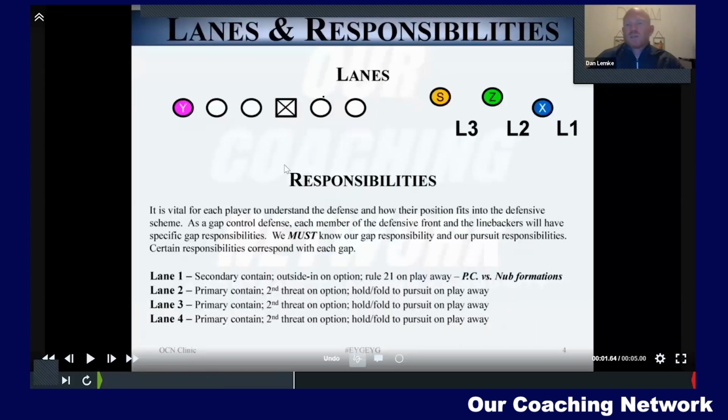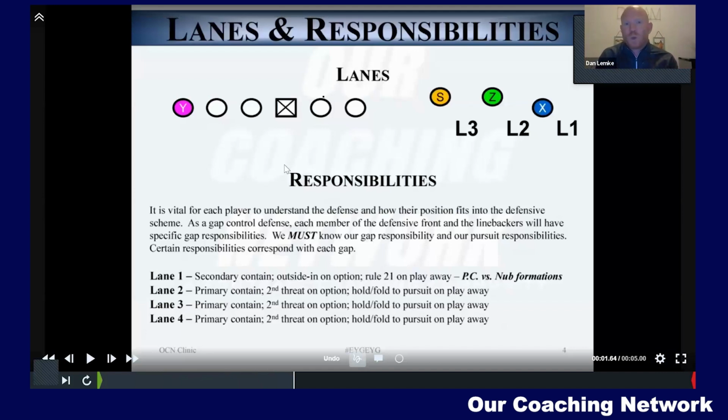So the next part, that's your basic gap structure. We talk about anything in the core from center all the way out to tight end, maybe even to the wing. Anything in there is a gap fit. If you have a detached receiver, so someone who's split out, that now becomes a lane fit. So when we talk about run fits in coverage and how they work together, we talk about a gap fit